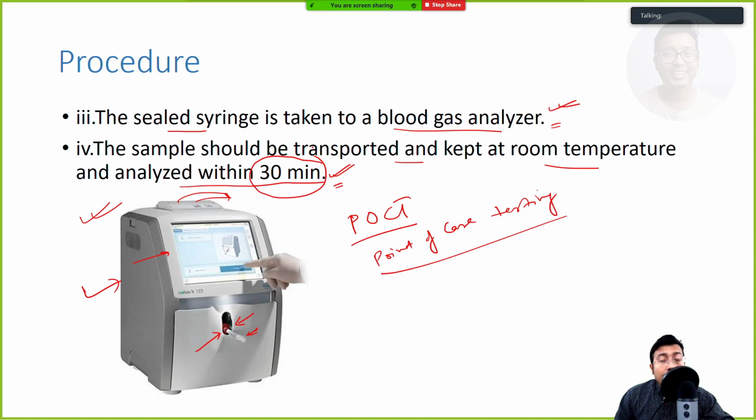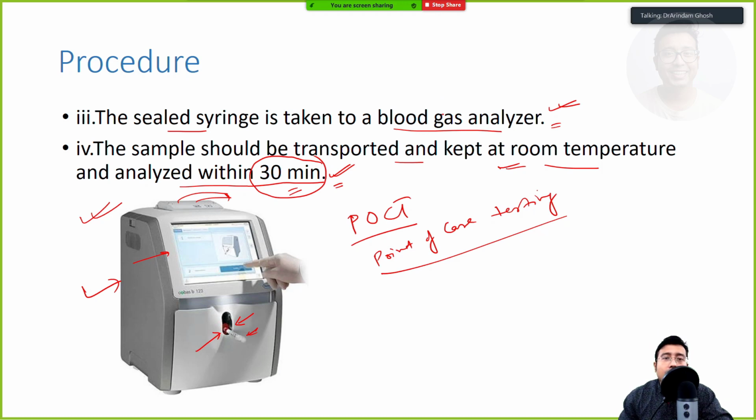In other cases, you know what happens? Blood may be drawn in the morning, and ultimately after a full day, when all 20-30 patients' blood is drawn, we send the samples together. So a blood sample drawn in the morning can be analyzed in the evening, right? Or a blood sample drawn at night, we keep overnight in the fridge and send in the morning. Those practices are not allowed in arterial blood gas analysis. It is kept at room temperature and should be analyzed within 30 minutes. If 30 minutes is over, we need to repeat the arterial tap, because the blood gas information will be wrong, okay?